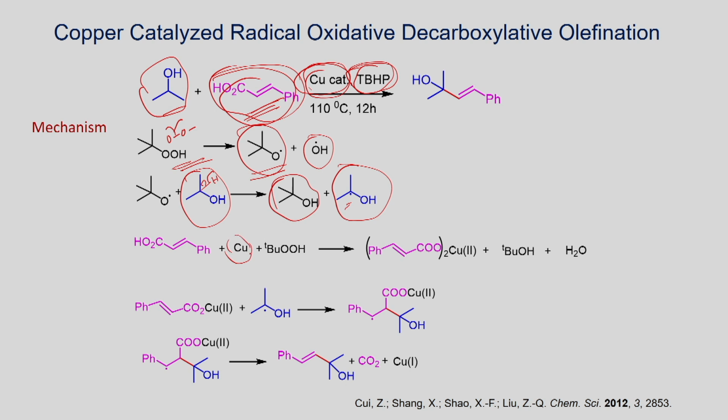You use copper 0, which undergoes reaction in the presence of tertiary butyl hydroperoxide. It oxidizes the copper 0 to copper 2. You form the copper 2 carboxylate. Once you form this one, the radical that you have generated from the reaction of isopropanol and tertiary butoxide